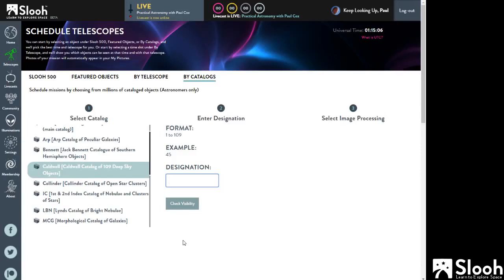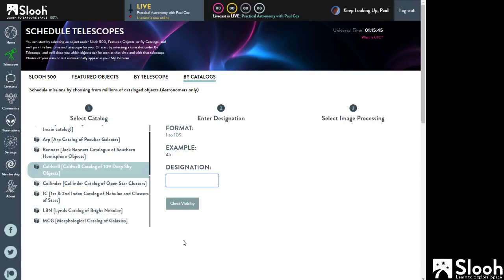So what did he come up with this catalogue for, and why is it called Caldwell? Well, Caldwell actually was his family name, and he wasn't egotistical enough to call it the Moore catalogue of 109 deep sky objects. But he knew about the Messier catalogue, obviously, and there were a lot of southern hemisphere objects that Messier didn't know about, plus a few other objects that Messier just missed. So Sir Patrick Moore came up with his Caldwell catalogue of 109 more objects that certainly